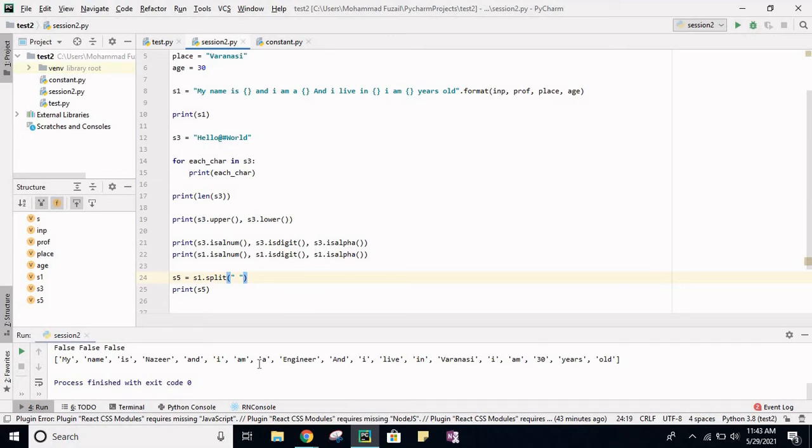So as an output of the string function, what we got is a list of all those sets of characters which are bifurcated by the character, or you can say the thing which you passed in the split function. We passed a space in the split function, so at all these spaces it has split all the values or sets of characters and provided them as elements of a list.